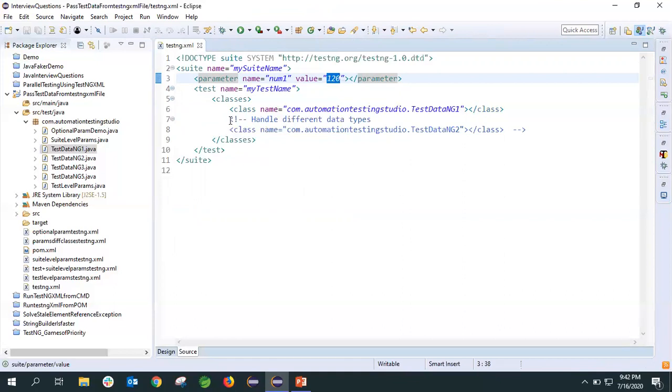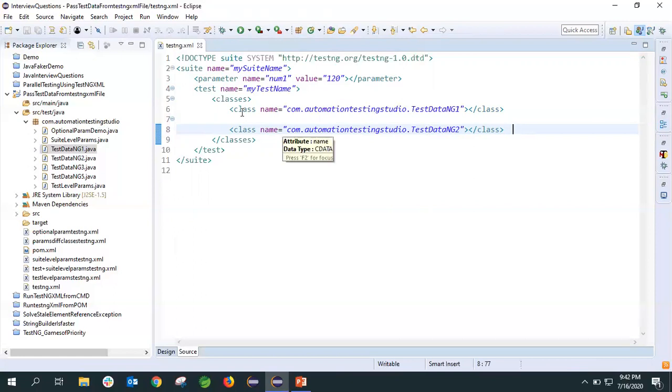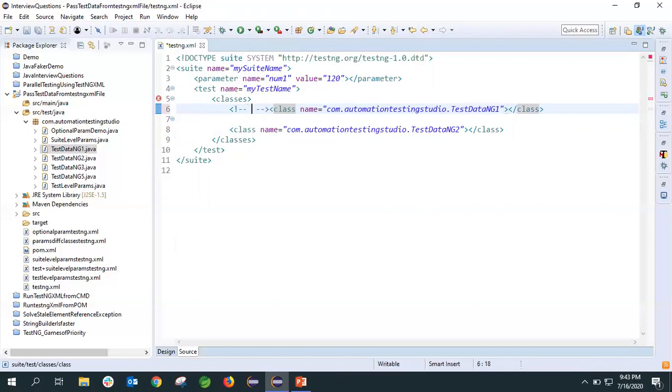Now let's see the other case: what if I want to pass different data types? Suppose I want to take it as an integer, or as a string, or as a float, double, and so on. How does it handle that? For that, I have created a class called test data ng2. Let's comment this out, and we'll see only that.